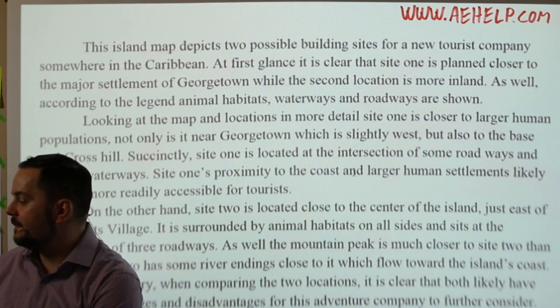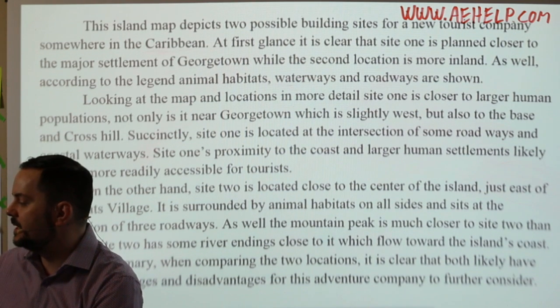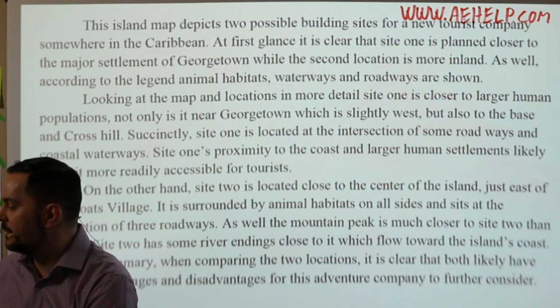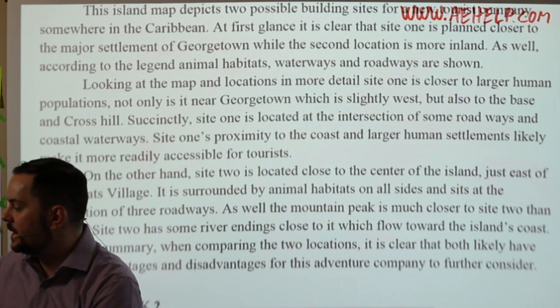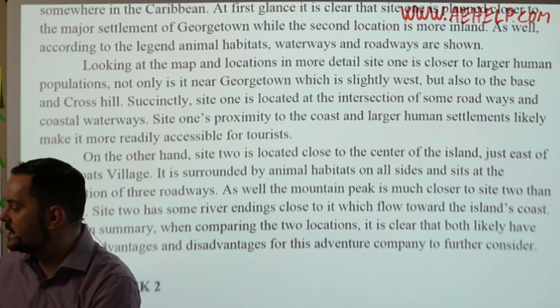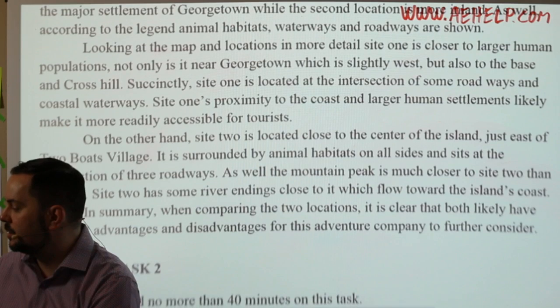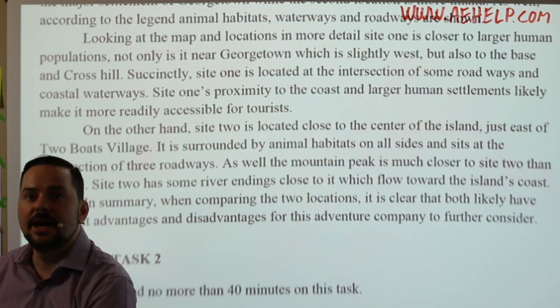This island map depicts 2 possible building sites for a new tourist company somewhere in the Caribbean. At first glance, it is clear that Site 1 is planned closer to the major settlement of Georgetown, while the second location is more inland. As well, according to the legend, animal habitats, waterways, and roadways are shown. Okay, that's a passive sentence. Looking at the map